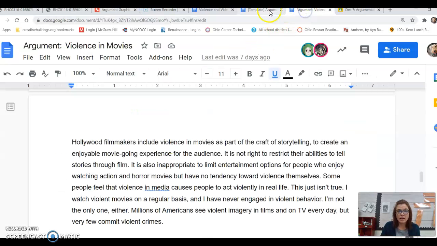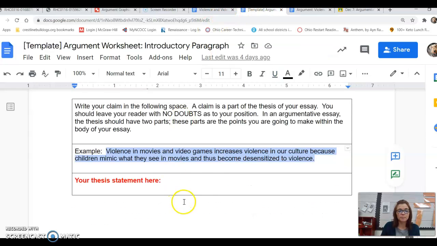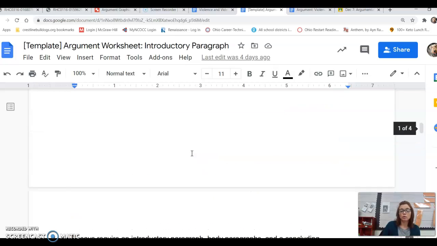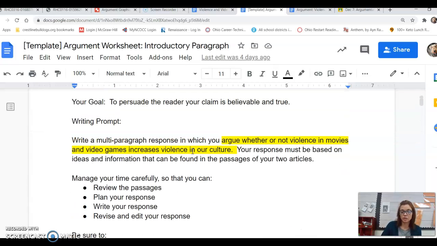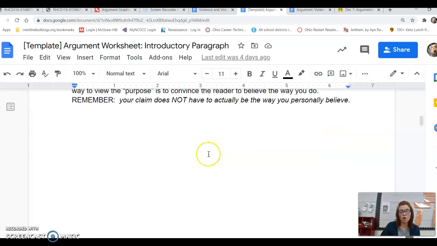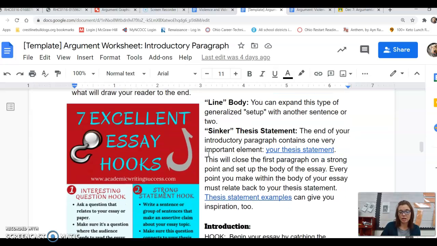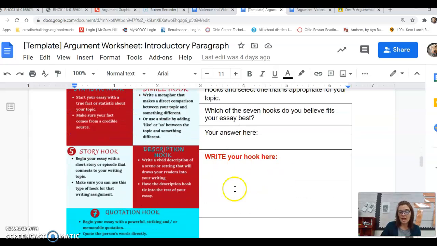If you look at the assignment that was due today, talking about your hook, line, sinker, you're arguing whether or not violence in movies and video games increases violence in our culture. And you have your articles that you've already read and pulled out things. You have your hook.